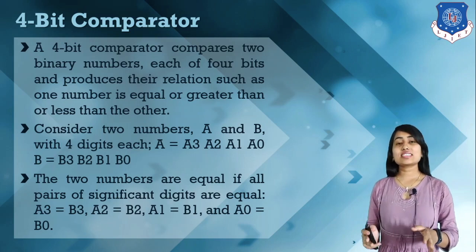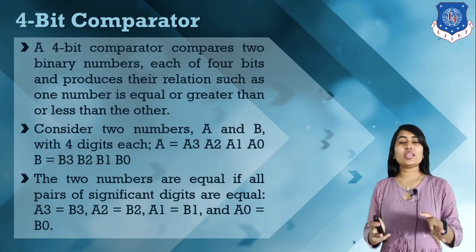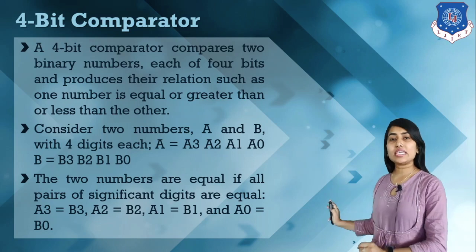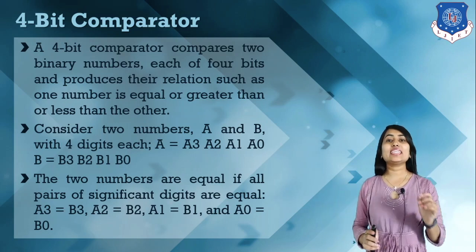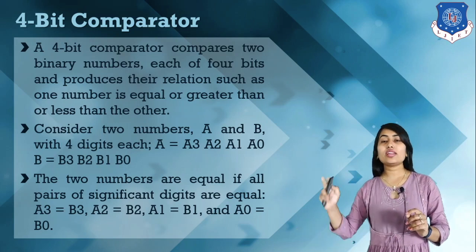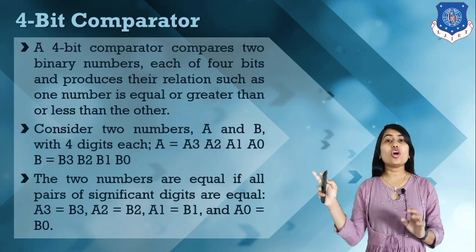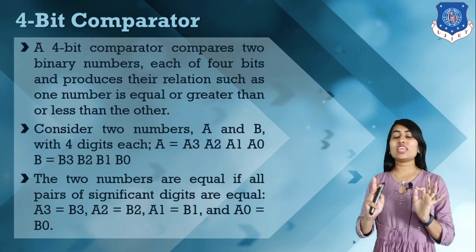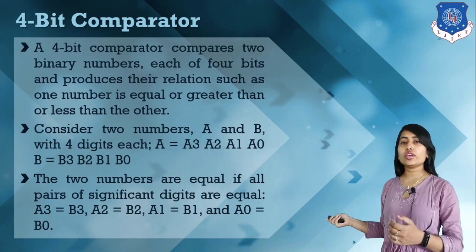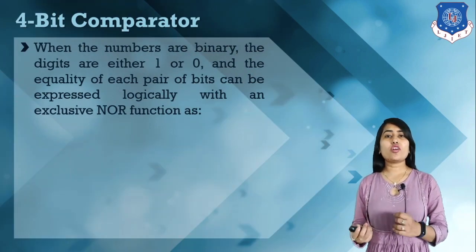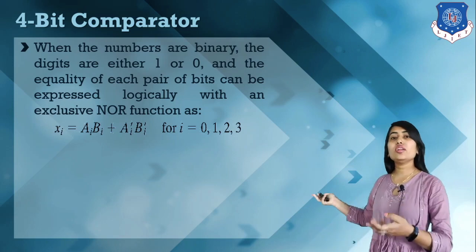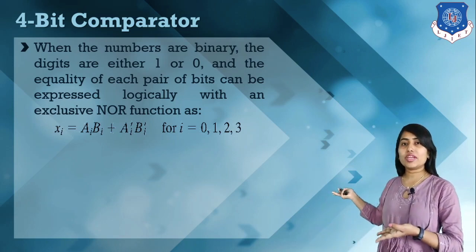First let's discuss how we can compare 4-bit numbers in a 4-bit comparator. We can say that these two numbers are equal whenever A3 equals B3, A2 equals B2, A1 equals B1, and A0 equals B0. If all bits are equal, then and only then can we say that A equals B. So if we make an elementary function to represent this A equals B operation, here we have this kind of XOR element equations.